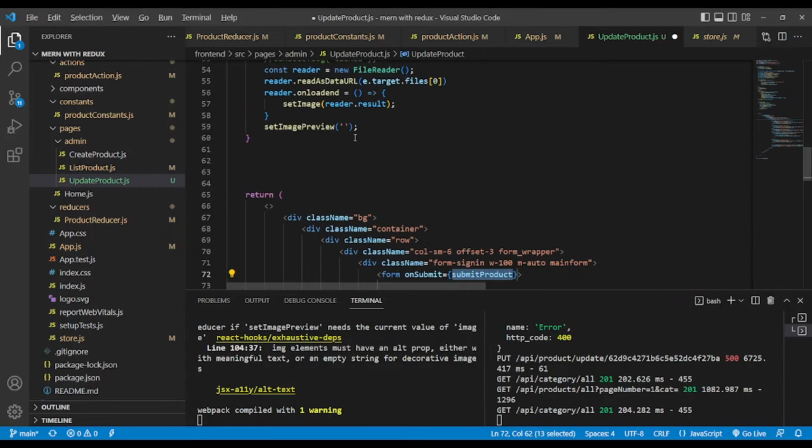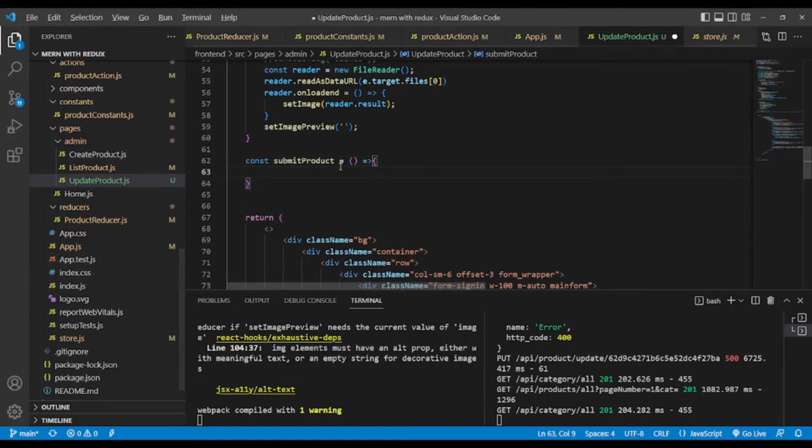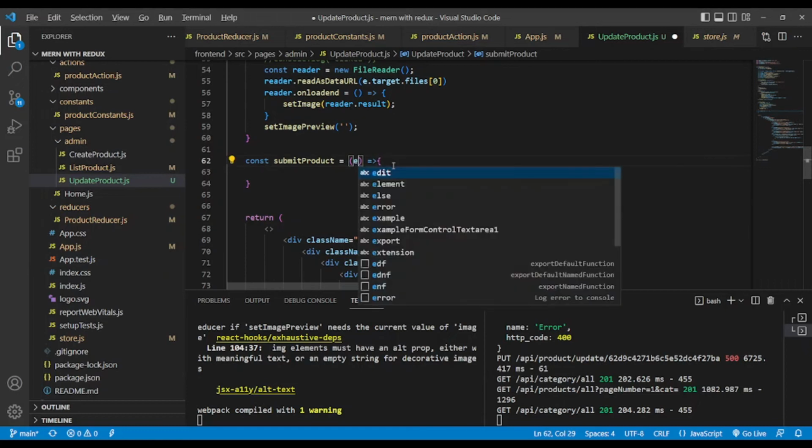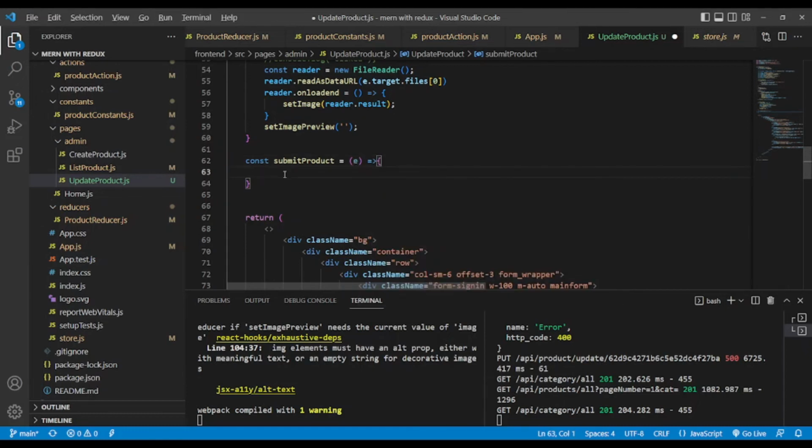Let's create this method here: const submit product, our function. Let's pass the event, and after that,